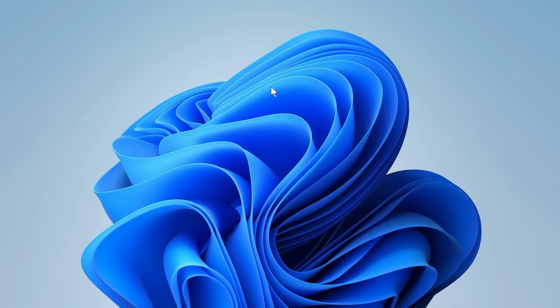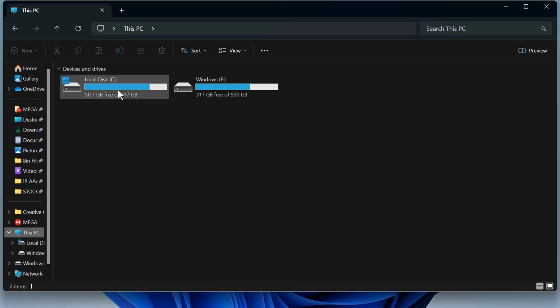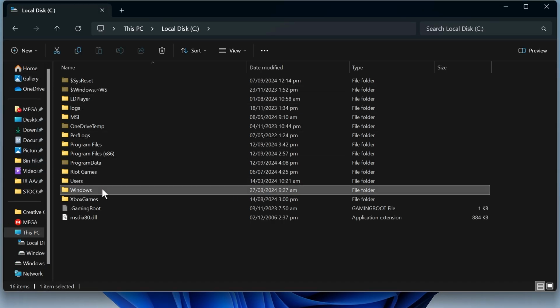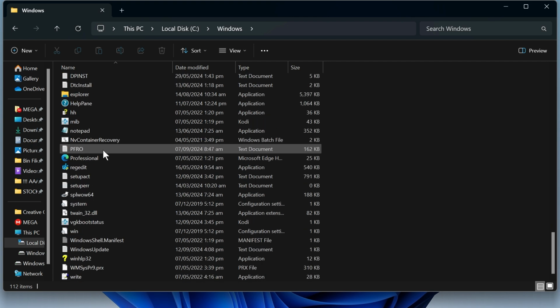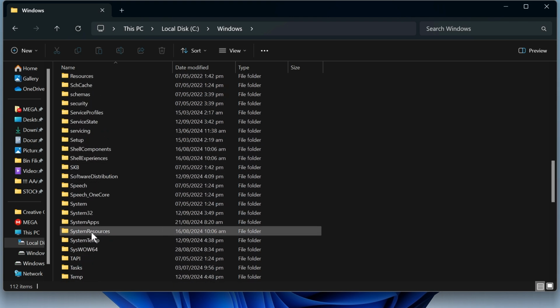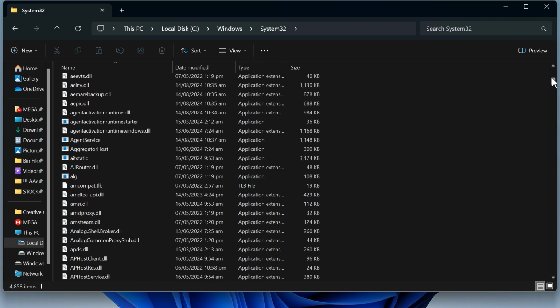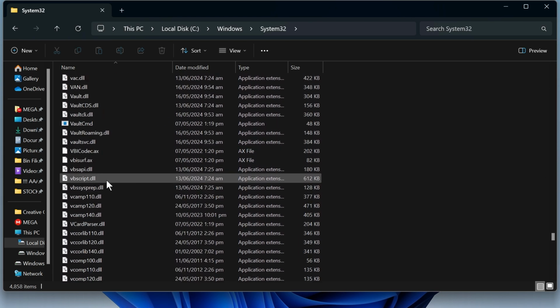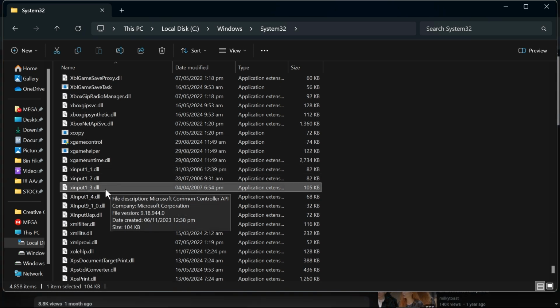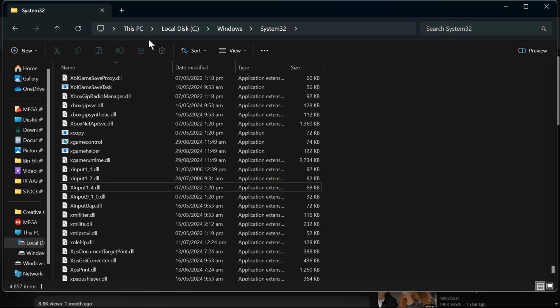Now, the next thing that we are going to do is basically go over to your files. And then we're just going to open this PC and local disk Windows, and then I want you to go ahead and basically try to look for system 32. Where is it? All right, this one. Now I want you to scroll down again until you see x input 1 underscore 3.dll. You can just go over and basically delete this one and then hit continue, and then you can go back